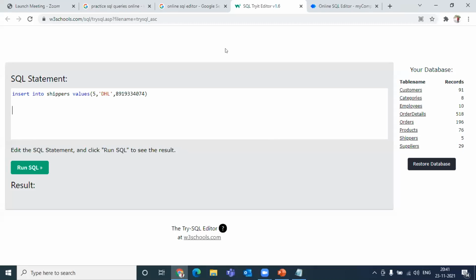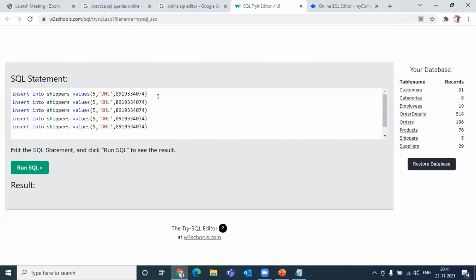Good job. I'm getting some queries now, answers. Insert into shipper values 504 DHL 403. So the question was, we just need to insert more values into this table. You can just give 4 to 5 queries. Make sure you will get an error if you don't change this number. The whole idea is to tell you that the unique constraint should not be violated. So it will be 6, 7, 8, 9, and 10, like this.